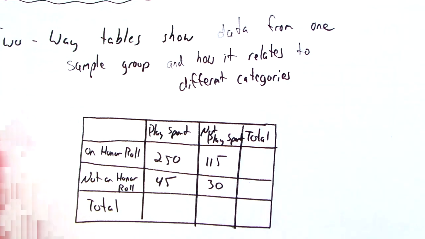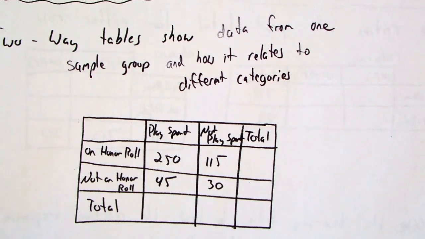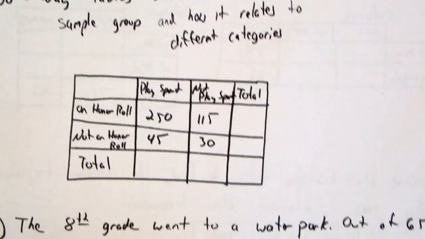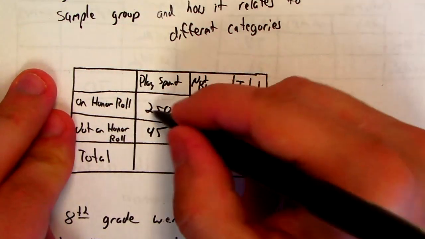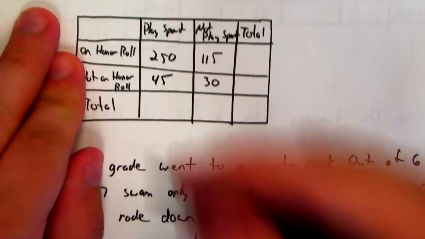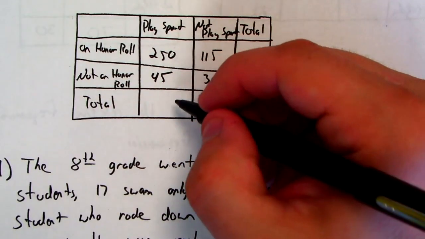As we are going through this, one of the things that we're going to have to keep in mind is simply adding numbers up. If we look at this example here, we have the number of students in a school. Some of them are on an honor roll, some of them are not. Some of them play sports, some of them do not. So what we need to do is add up the totals going in each direction. So the number of students that play sports,